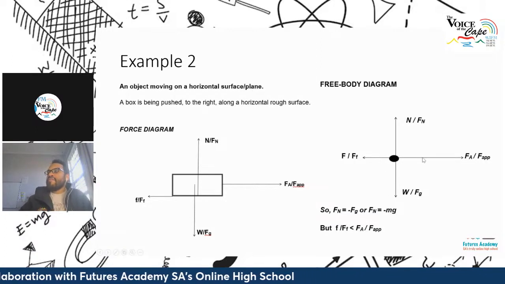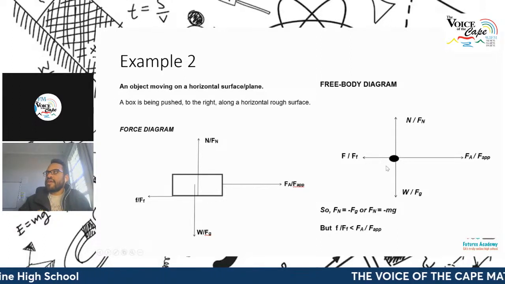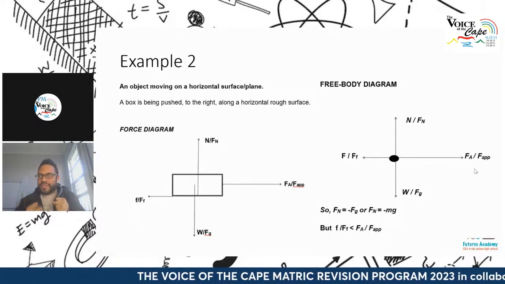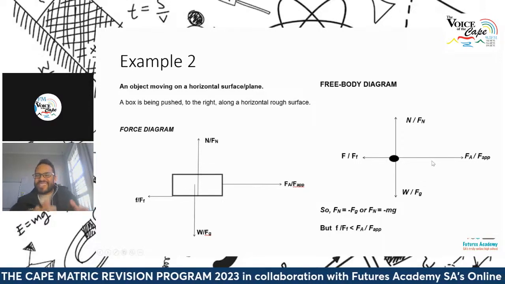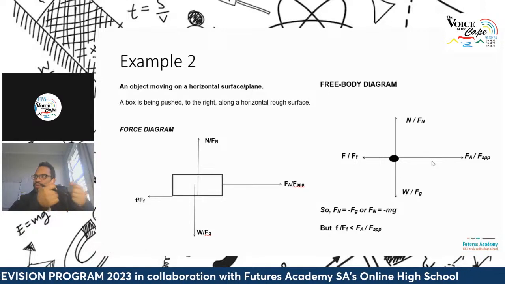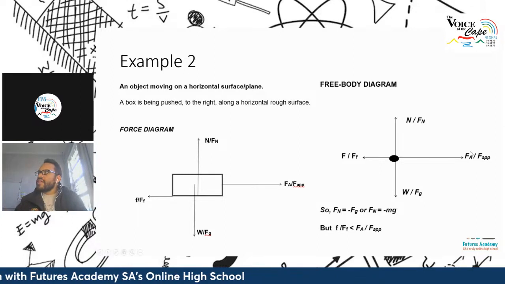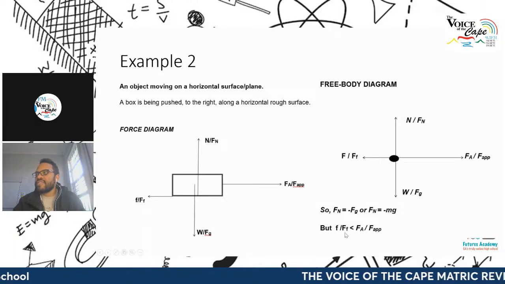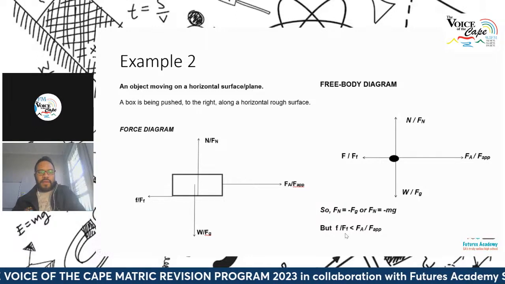Now, if we compare the forces also, these two are equivalent in magnitude, however, the frictional force compared to the applied force. Remember, when a force is a pull or a push, I've got something opposing the motion acting to the left, and I've got an applied force that is pulling that object towards the right. However, because the object moves towards the right, we can conclude that the applied force is greater than the frictional force. And here we see frictional force is less than applied force, or applied force is greater than the frictional force. Okay.